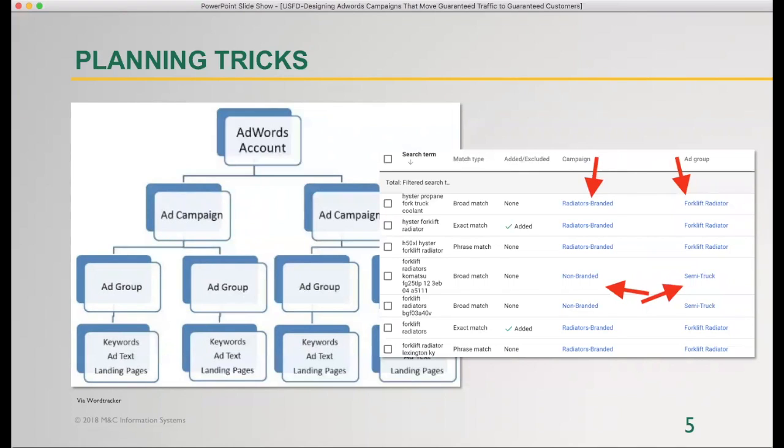So when I approached this guy, I was like, why are we duplicating keywords across the different campaigns? And he's like, it's because I want my ad to show up more than once. Unfortunately, Google doesn't let you do that. You can't just own all of the real estate there, without maybe being really good at a product ad and a text ad they'll let show at the same time. But you need to have search engine optimization and show up organically in order to make that happen. So one of the tricks that we look for is to make sure that your campaign is designed correctly